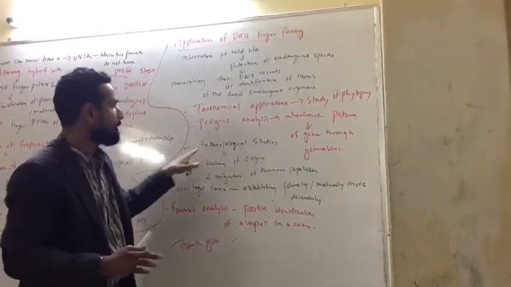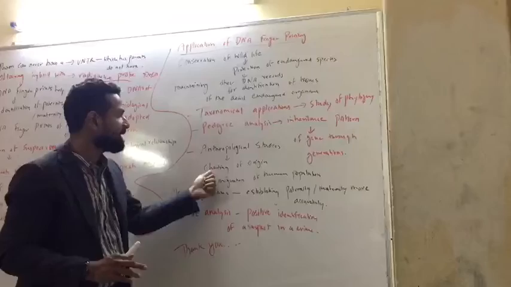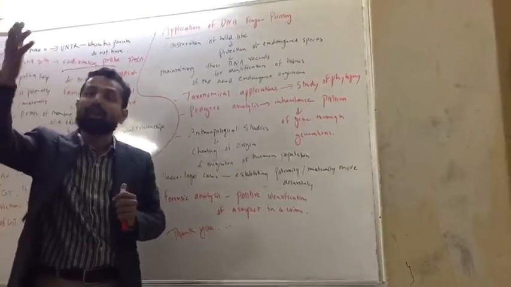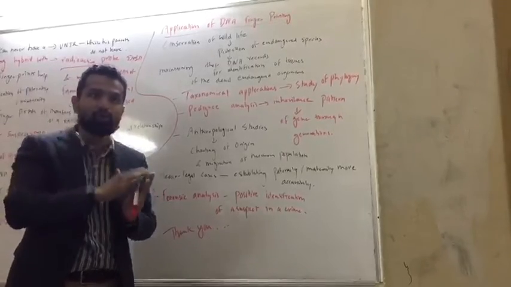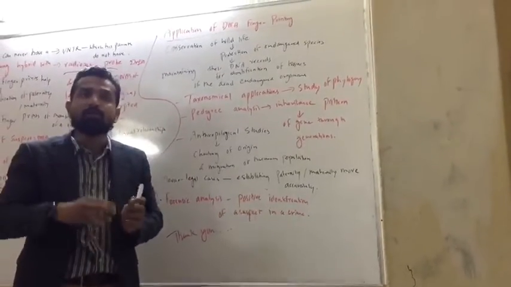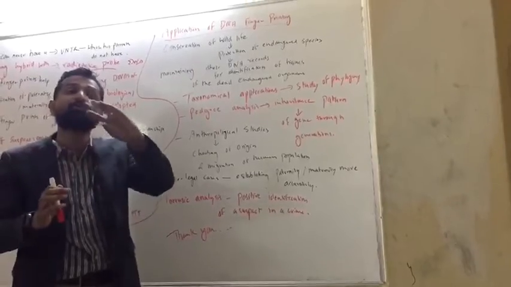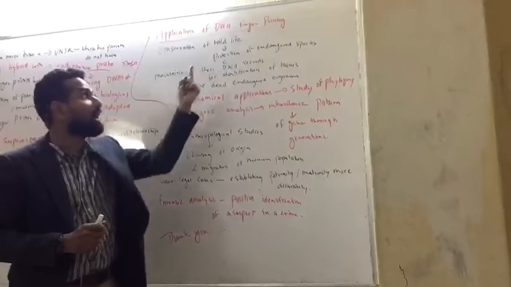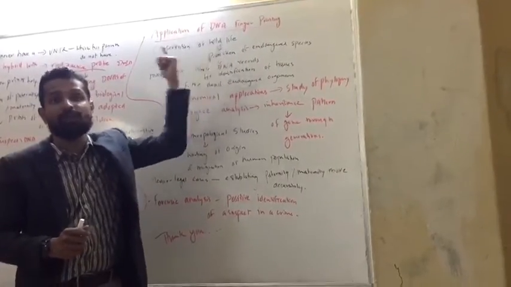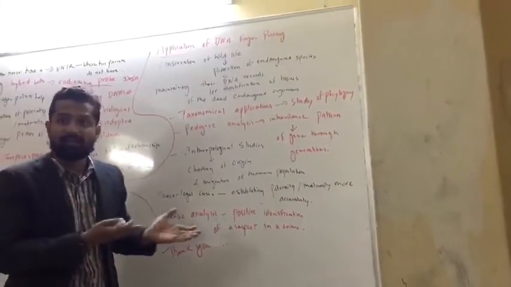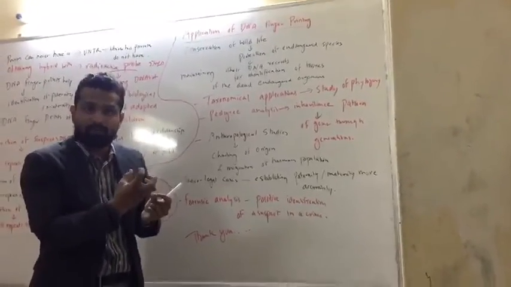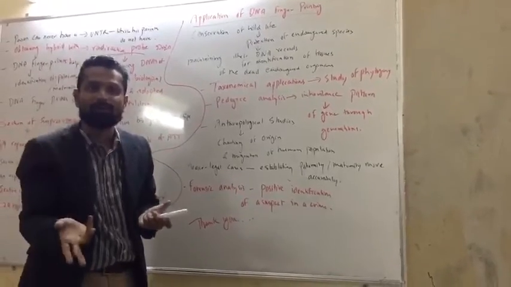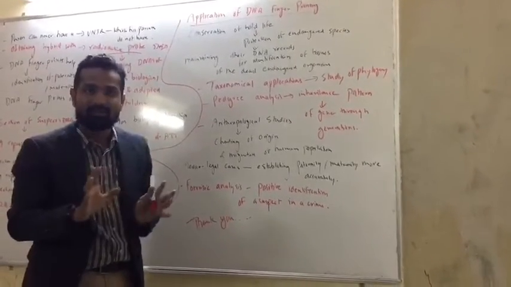Yes. Next point. Anthropological study. What do you mean by that? Charting of origin and migration of human population. Means those people who migrated 100 years ago, 200 years back, or 1000 years back, it should be checked where their parents used to live, on which place of the earth. So this can be possible with the help of DNA fingerprinting. Got it? Now you can understand, if people have reached that and this tool has gone to evil type of people, then what is going to happen on the earth? You can understand. Yes, agreed.